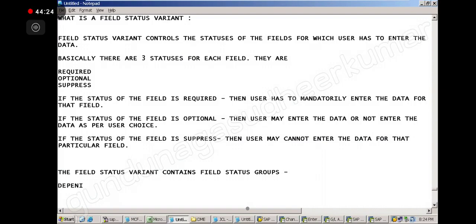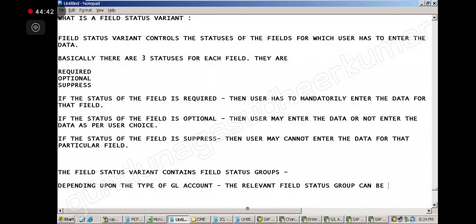Depending upon the type of GL account, field status groups can be selected to control the fields.